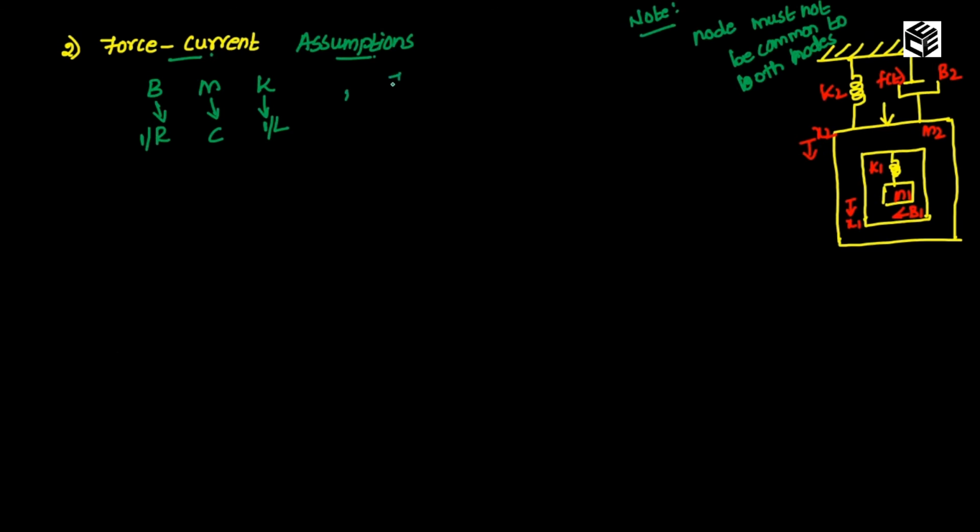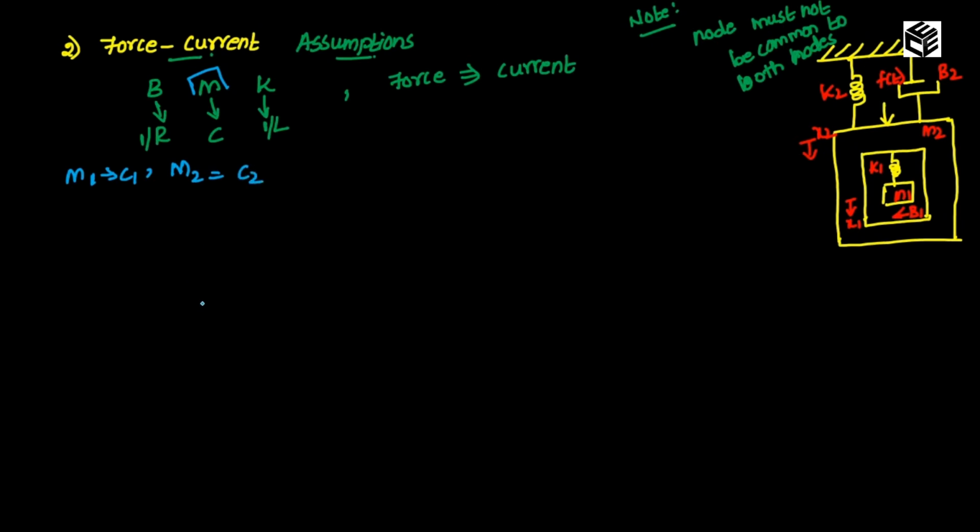What is our another assumption? Force is replaced with current. Okay. Here mass is our hero. Mass node is the hero. Okay, node is the main thing. First thing to change is node. So here mass is replaced by capacitor. Here we have two nodes, M1 and M2. So I'm going to replace M1 as C1 and M2 as C2.